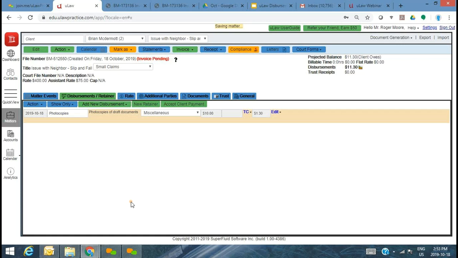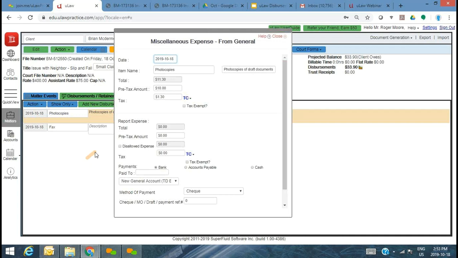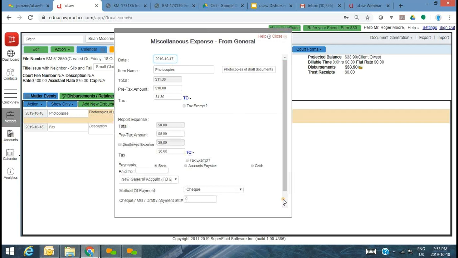But the bottom line is that you've now had two disbursements for which you've already paid. One was for a photocopy from your machine in your building. There was another disbursement from General for your fax, for which you went outside your building to pay, and you actually incurred an explicit expense. Now it's important that you actually generate that invoice, because let's say this just happened yesterday, and you can even go ahead and edit that date, capturing the moment.